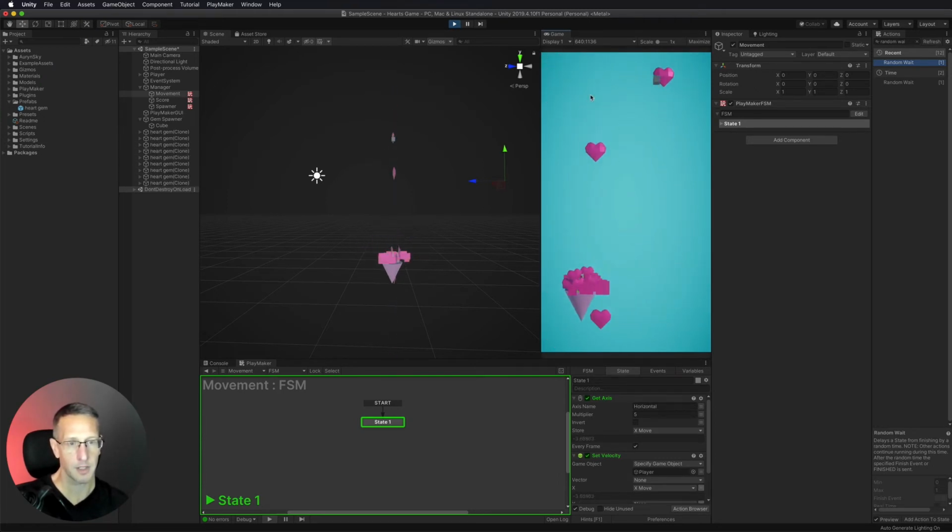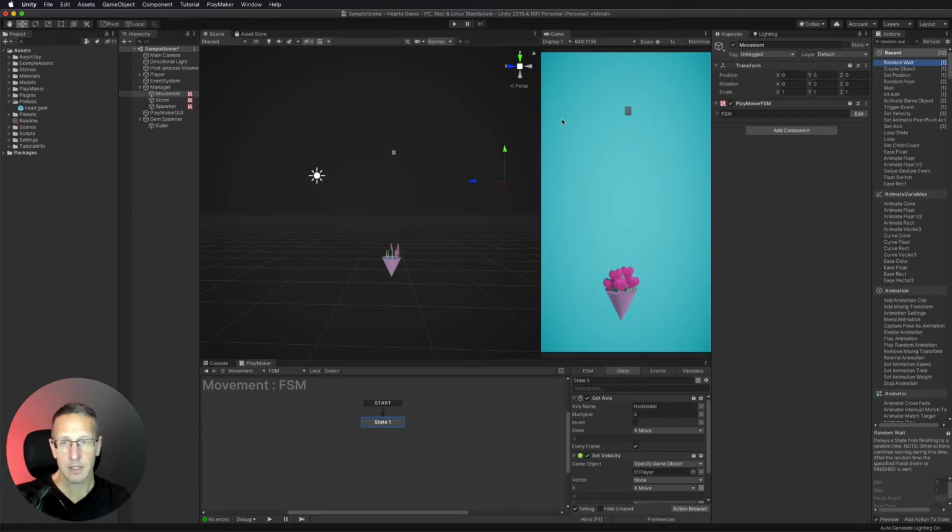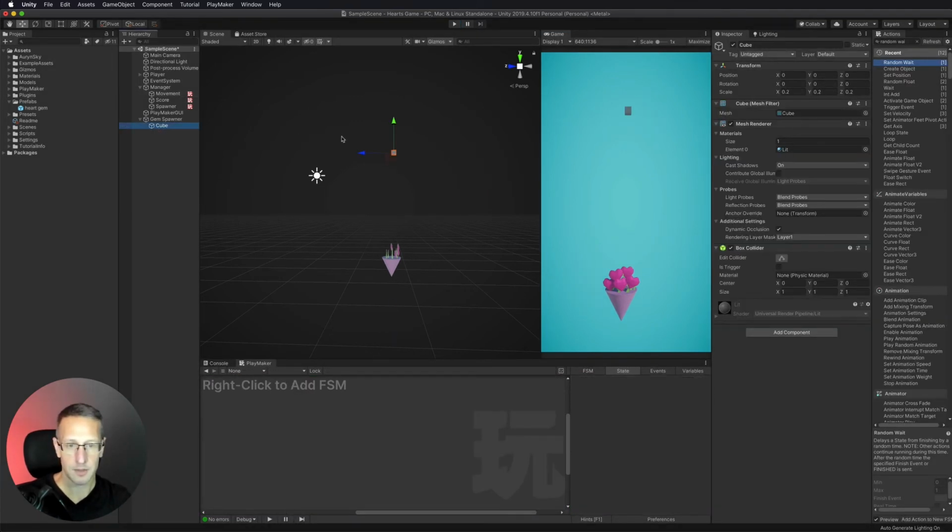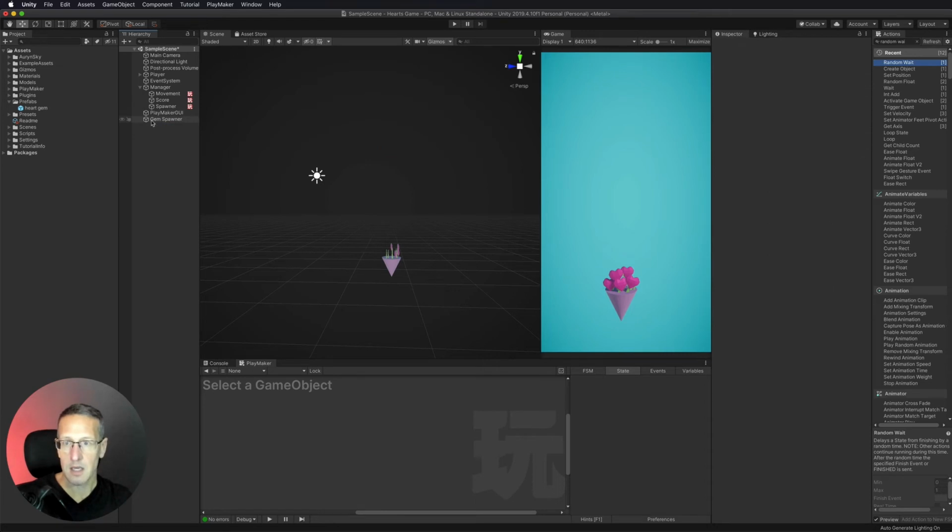Yeah, that's working pretty good. Cool. So we've got that. Now I can go ahead and turn this cube off or just delete it. And now I need to start adding some score. So let's go, and I first want to add a